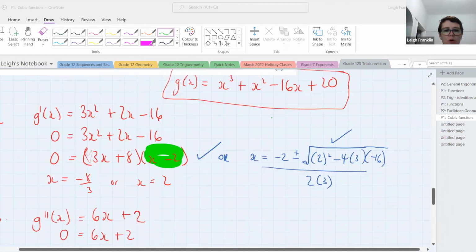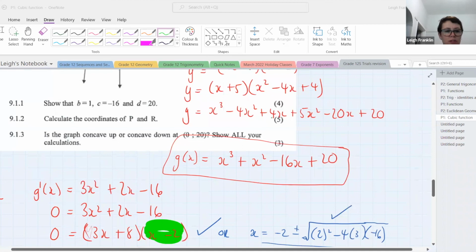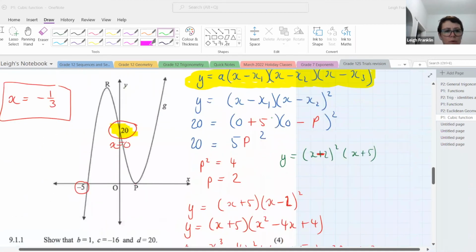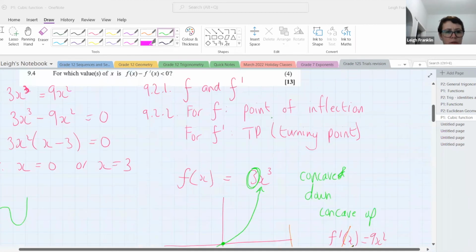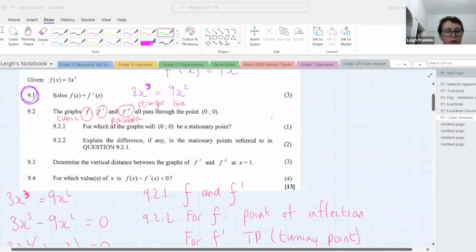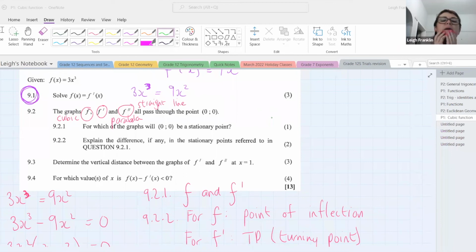Okay, so we've got time to do the last question now. Where was it? There we go. Question 9.4. So this is a sort of deeper thinking application type question as well. For which value or values of x is f of x minus the first derivative smaller than 0? They literally want you to sub in. So when they say f of x minus f prime x smaller than 0,